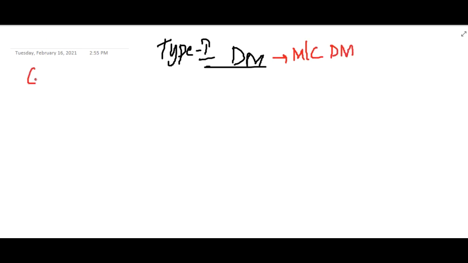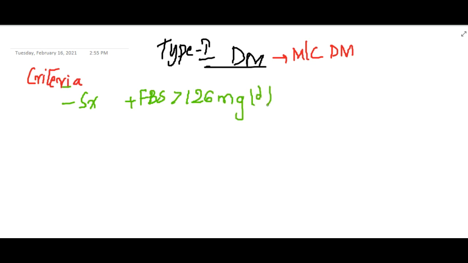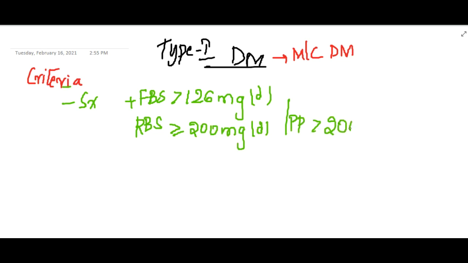Here the criteria for diagnosing type 1 diabetes mellitus in children is that there are symptoms of diabetes mellitus with fasting blood sugar levels more than 126 milligram per deciliter, or random blood sugar levels more than or equal to 200 milligram per deciliter, or even postprandial more than 200 milligram per deciliter, or if HbA1c is more than 6.5. Along with symptoms, if there is any of these, then we can diagnose it as diabetes